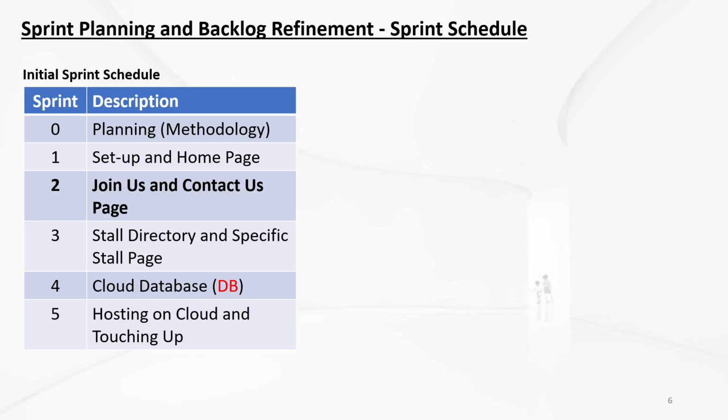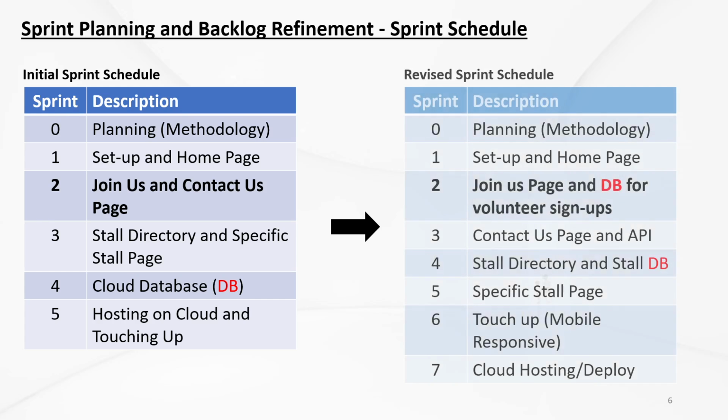In our original sprint schedule, there are actually 5 sprints. The text in bold is where we are currently at. The workload or story point in sprint 2, in my view, is pretty heavy. So on review, I decided to break down sprint 2 into more sprints. As you can see here in the revised sprint schedule, the contact us will go into the next sprint. And I also further define sprint 2,